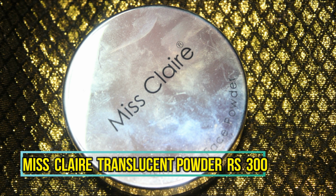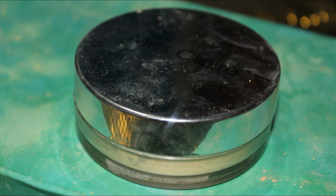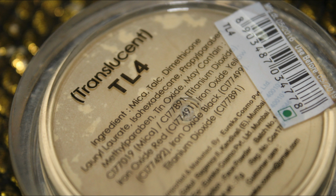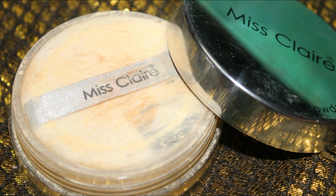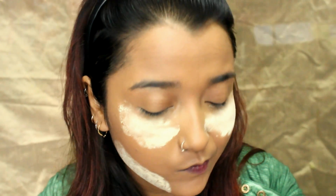Miss Claire does come with a compact powder, but I love their translucent powder more. The one I'm using is in the shade TL4, and it comes in this beautiful packaging, and this has a really rich yellow undertone, but the yellowness is not extreme, very balanced, so you can use it for baking as well as for setting your base. I will be using it for baking because it will do the job of setting and lasting my makeup at the same time. And yeah, I will apply it on the areas where I want the makeup to last longer